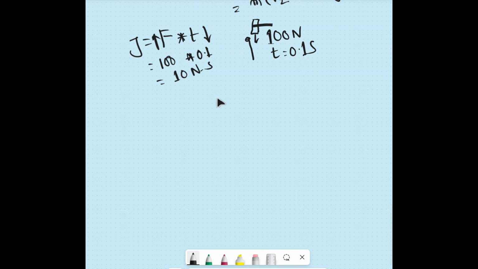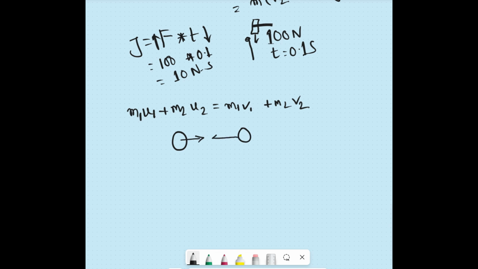Afterward, another very interesting topic is the law of conservation of momentum. In that case, you have to use this equation: m1 u1 plus m2 u2 is equal to m1 v1 plus m2 v2. By using these equations, you can calculate, for example, if there is a vehicle or a particle and they collide within this area,